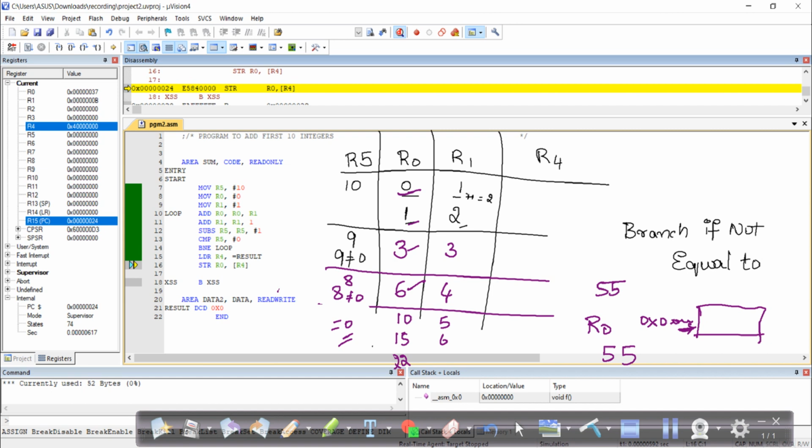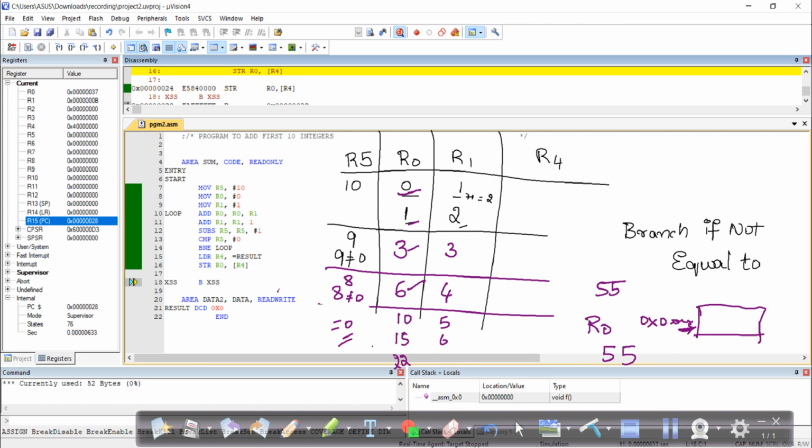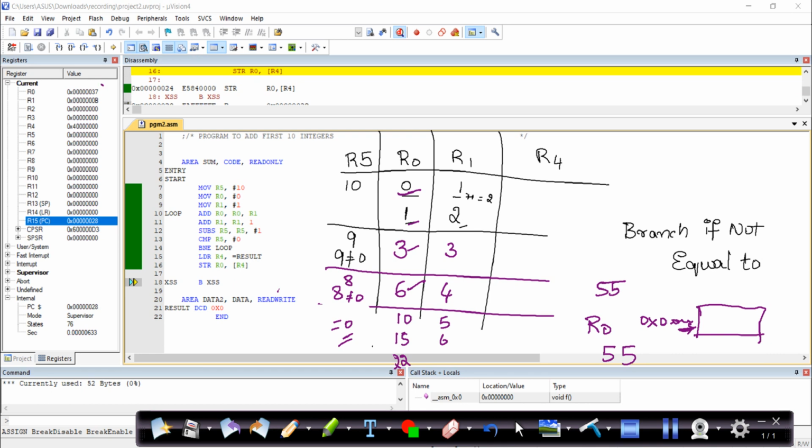R4 has got this particular address location of the result. Now the value associated with R4 will be stored in your R0. So please observe, in R0 I have got my value as 37. So here is your final answer, 0x37, that is 55, being stored.